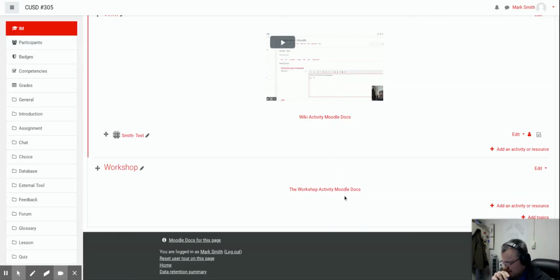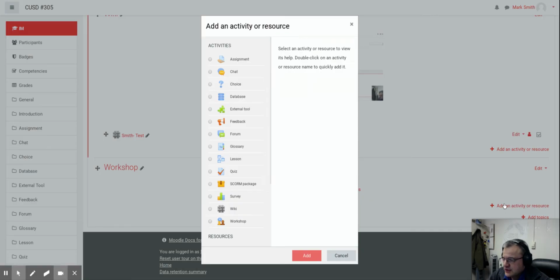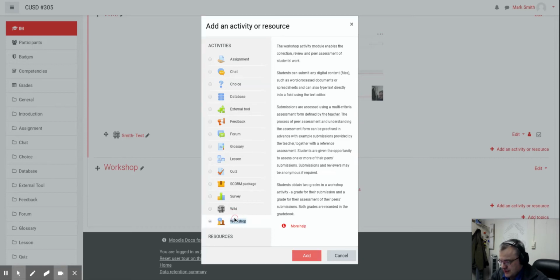The workshop is a peer review system set up inside of Moodle. So it's really, really intense. I'm just going to show you the setup part. To go through the rest of it could take quite a long time without just getting screenshots, because you have to have students submit